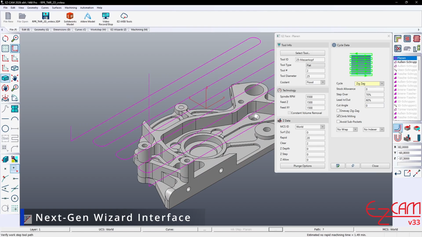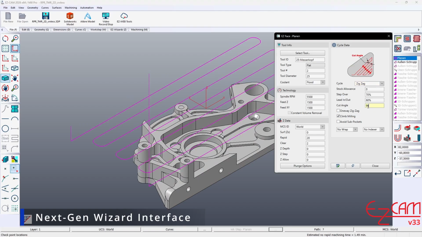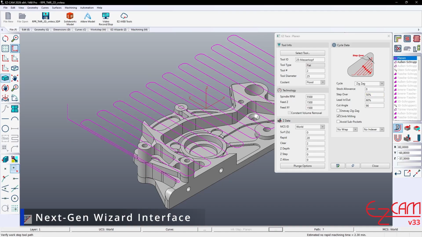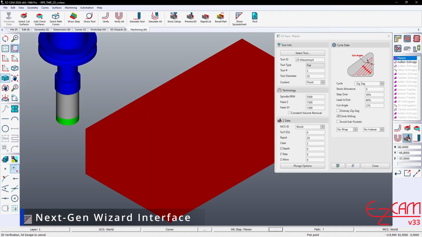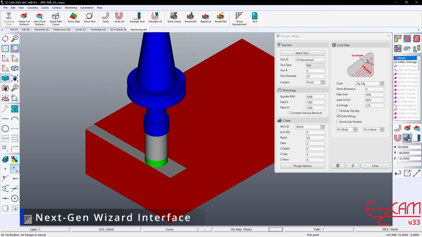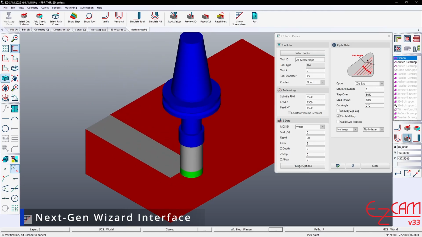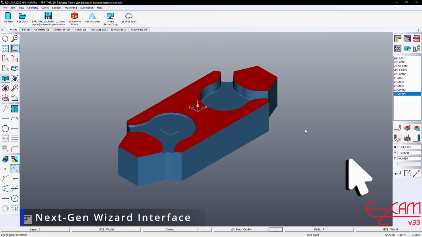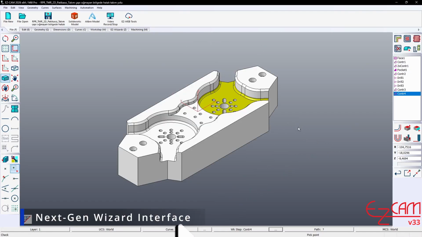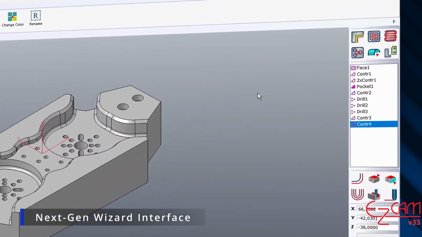At the same time, all operation windows are now always visible. This frees the user from constantly opening and closing windows. In the past, to calculate a toolpath, select surfaces, or start simulation, you had to close the work step window. Now all these steps can be performed directly while the window is open. To exit simulation, simply double-click any empty area on the screen. No need for a refresh command.